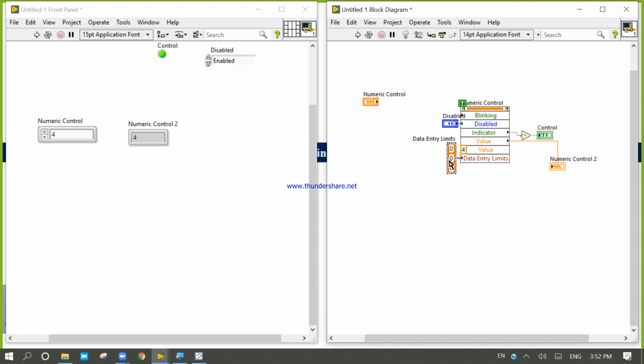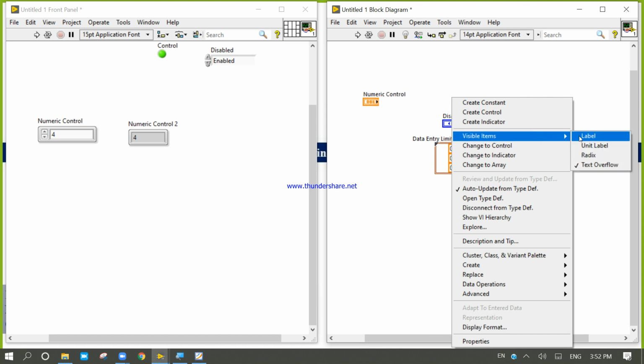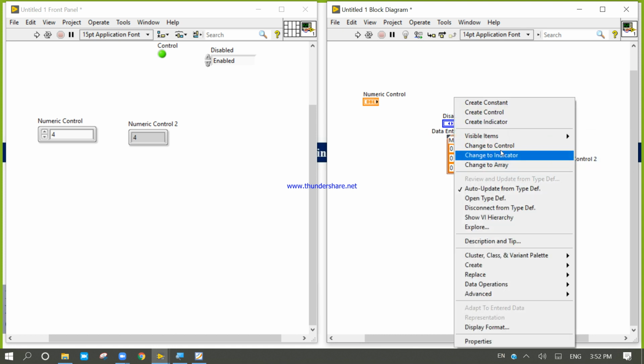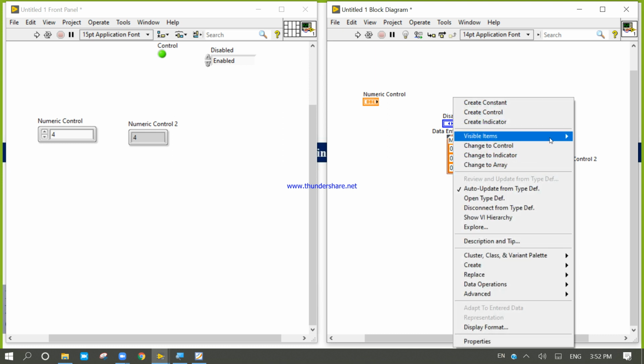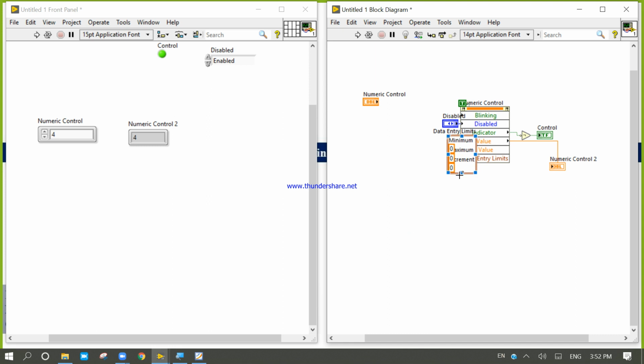Label minimum, maximum, and step size, increment. Increment step, which you have seen earlier. The minimum will be -10, maximum will be 10, and step size will be always 2 here.